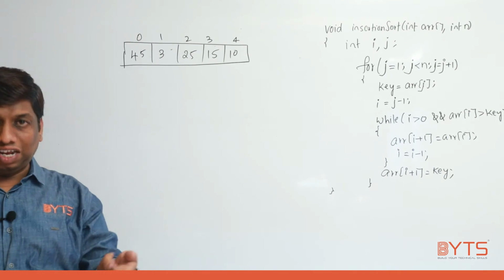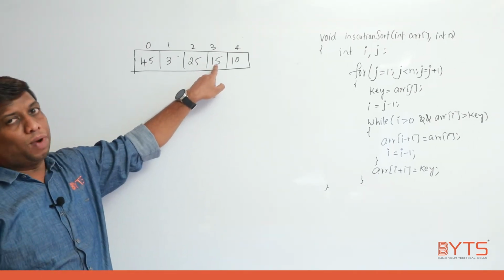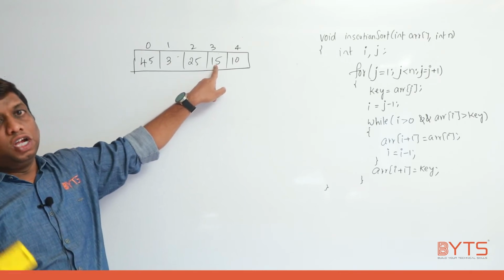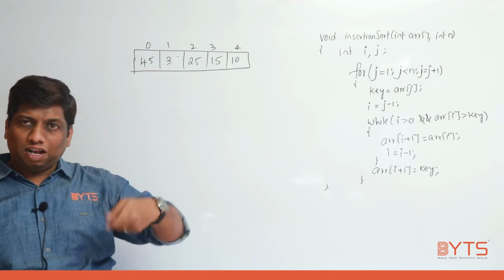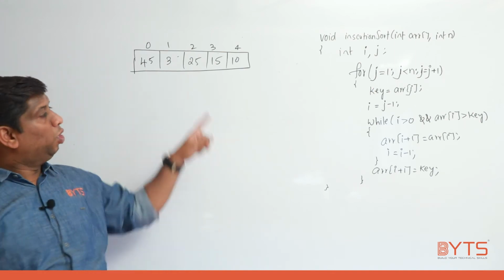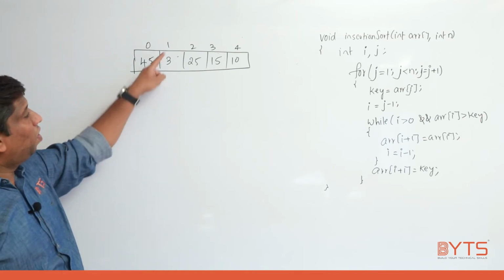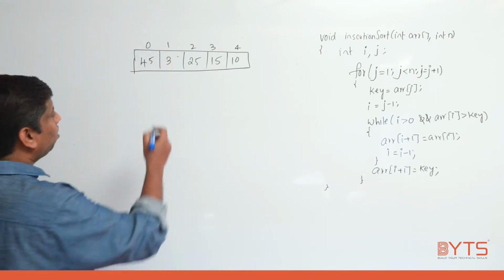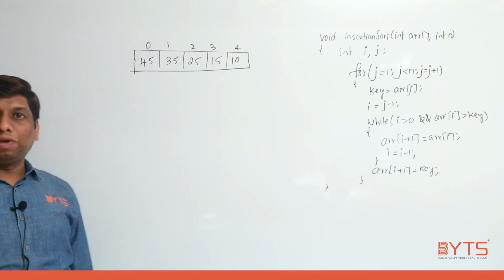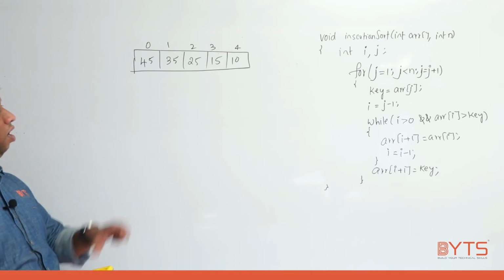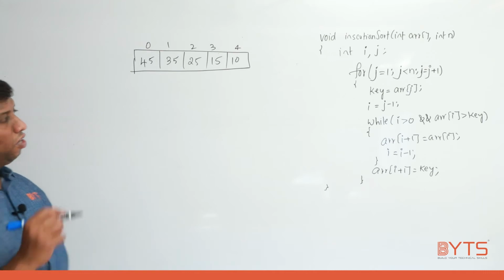Whenever you tell A of 3, instead of taking index 3, if you take value 3, gone case. Strictly speaking, I need to come here. But in the exam, due to hurry and tension, you'll go here and do some operation on this 3. That is the reason my area of interest is to take some big values. When you take big values, what is the advantage? The index numbers are different and the numbers are different, right? That is the reason it's a good practice. Now I need to start.